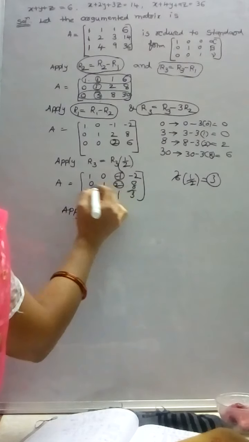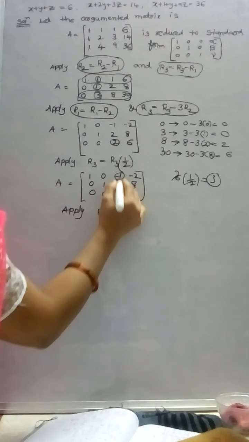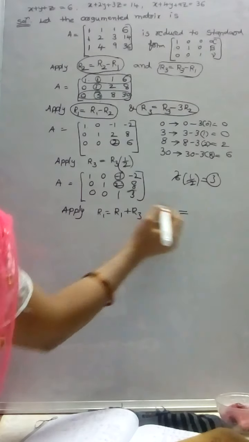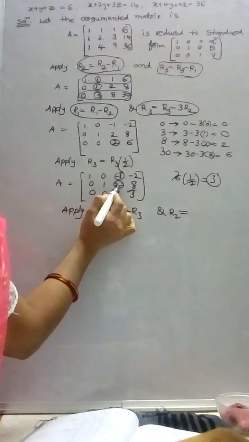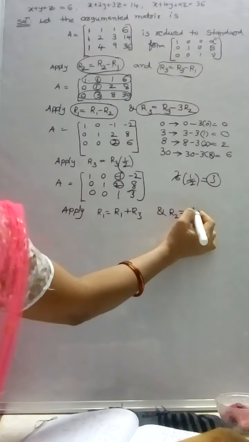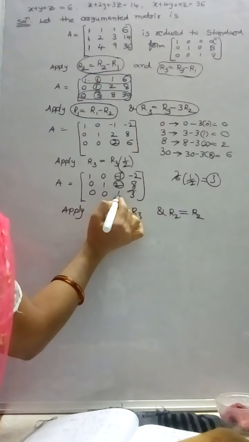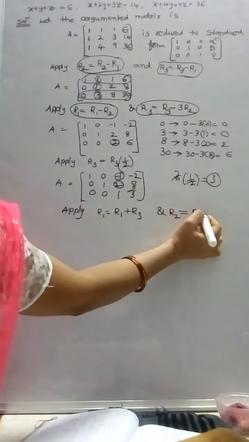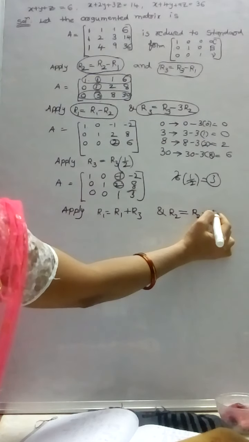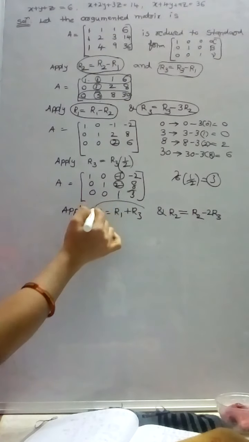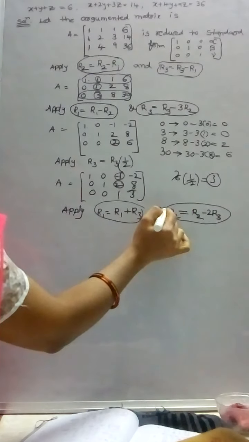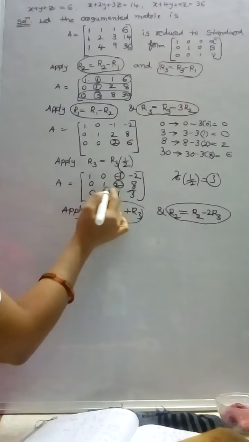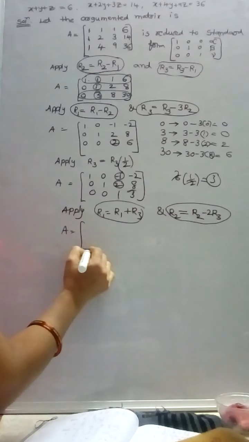Okay, so here R1: minus 1 plus 1 is 0. So for that we take R1 plus R3. And R2 row, here we have 2, so 2 is equating to 0. For that we take R2. Here in the third row this element is equal to 2, then 2 minus 2 is equal to 0. For that we take R2 minus 2 R3. We are using the orders like this. Next, according to these orders we get the first row and second row. Now we can find the first row and second row.